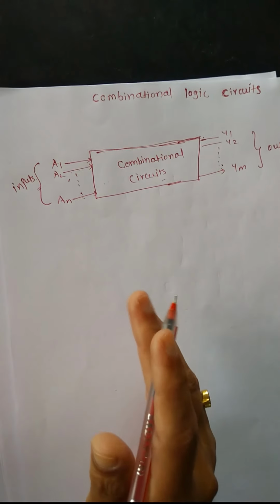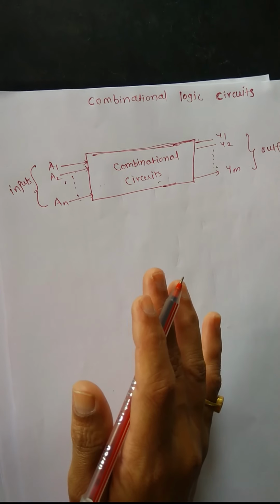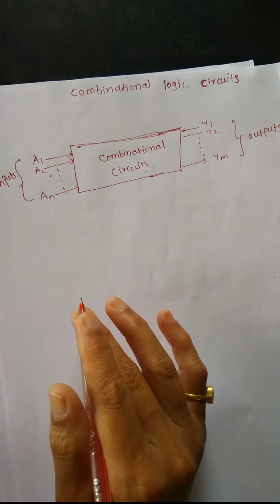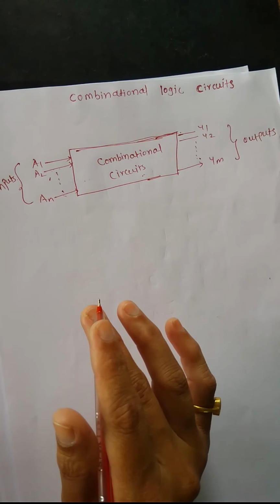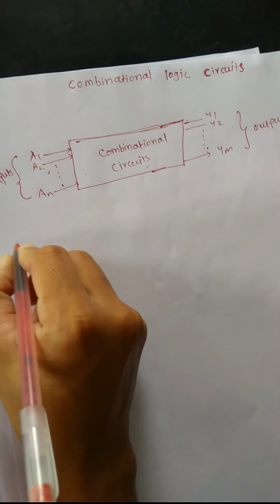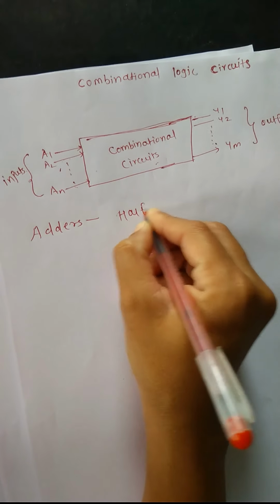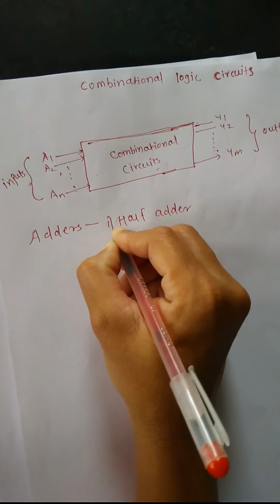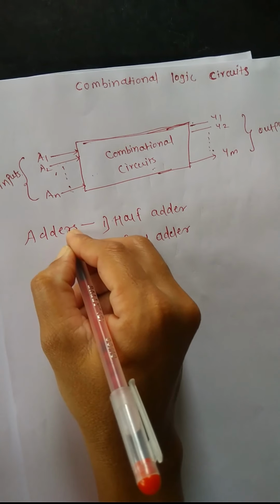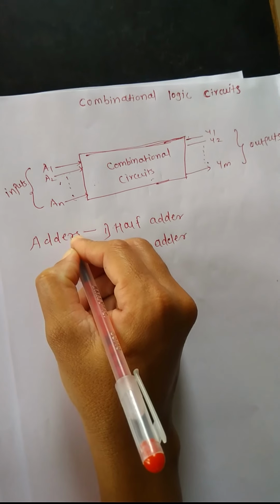This adder adds two binary digits, the operation performed by a digital computer. And there are two binary adders. The first is the half adder, and the second is the full adder. These are the two types of binary adders, and these adders add two binary digits, the most basic operation performed in a digital computer.